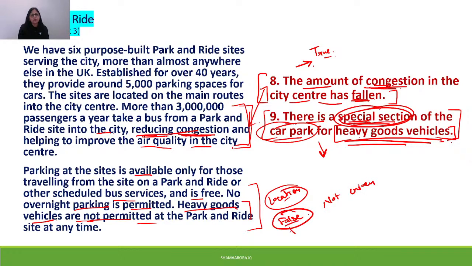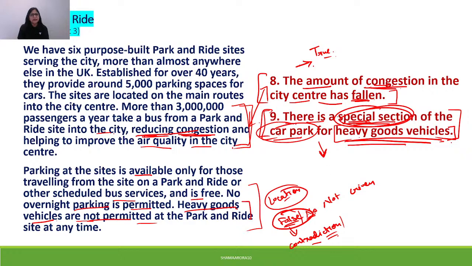Because in contradiction, the answer would always be false. Many students say that we get confused between false and not given. So guys, whenever there is a contradiction or some opposite meaning is given, then only the answer would be false or no. Otherwise false or no cannot be the answer. It can only be the case when you see a contradictory or opposite statement. As we are getting an opposite meaning statement here, the answer here would definitely